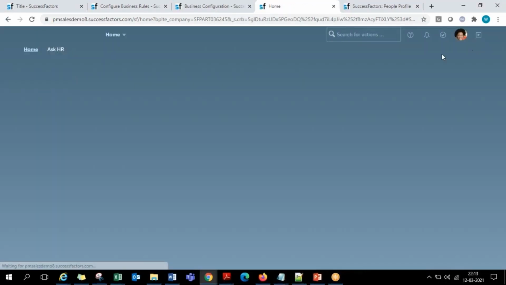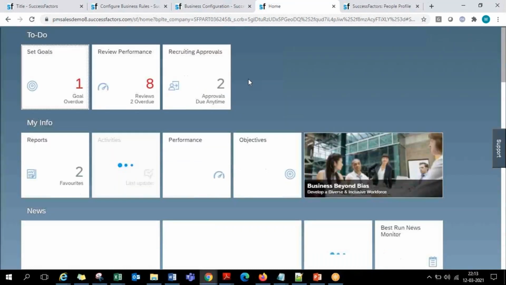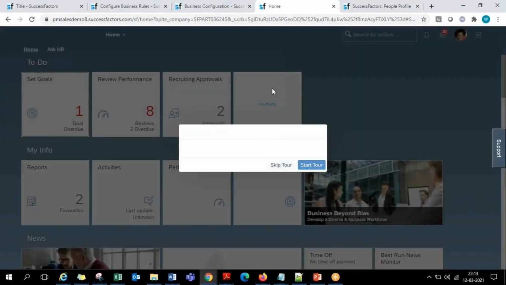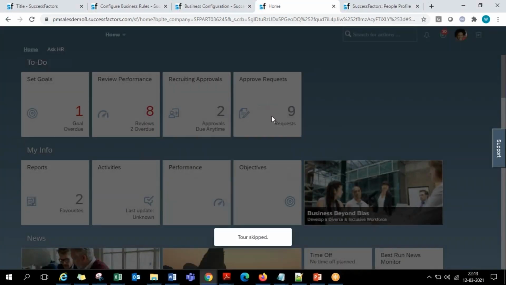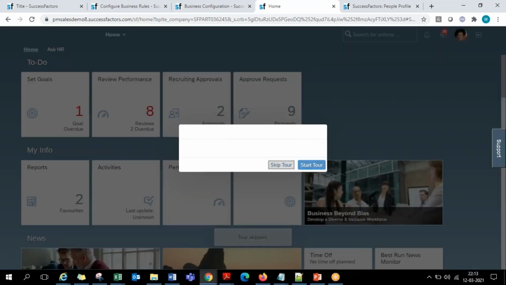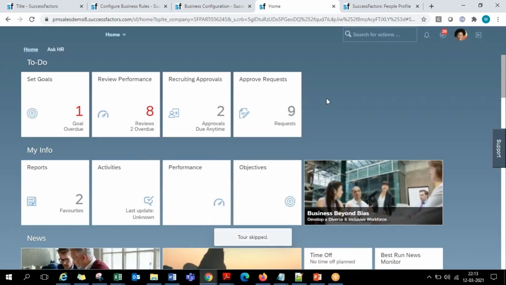Tessa Walker is a contributor. She logged into the system, but she is not able to see Anya Singh's workflow request under these 9 requests that are in her control. Anybody, any guess?